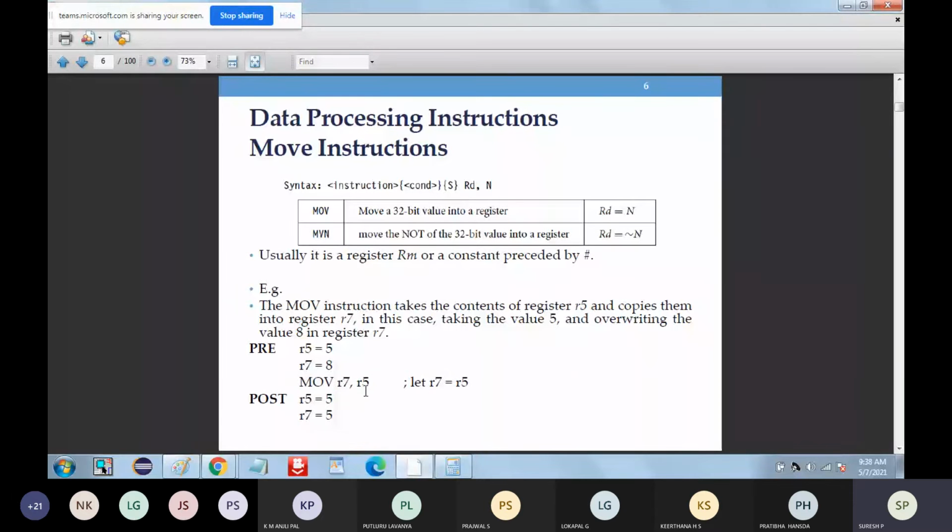So it is going to move the contents which are in R5 to R7. That's what it is going to do. After execution of this particular instruction, move R7 comma R5, what will happen? Your R5 will still be 5, but it will not change the contents of R5 because it